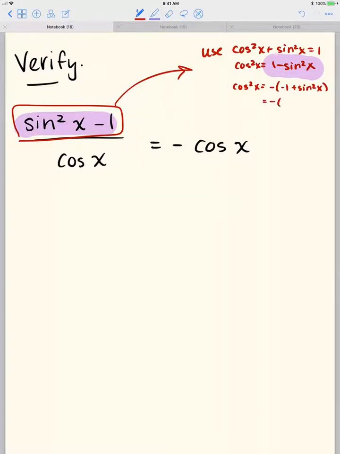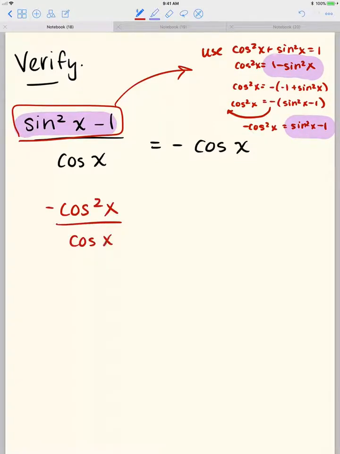That would rearrange our terms to be sine squared minus 1. And that negative that we pulled out, I could give to the other side, like multiply both sides by negative 1. And I'll have negative cosine squared is the quantity sine squared minus 1. So that's what I can replace my numerator with, negative cosine squared